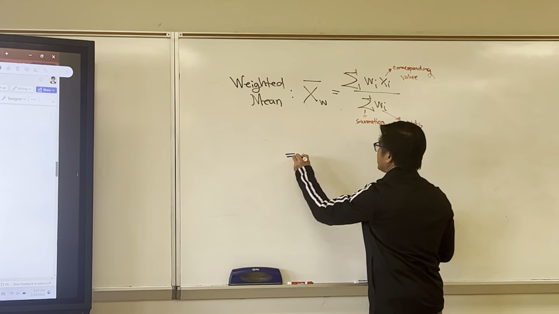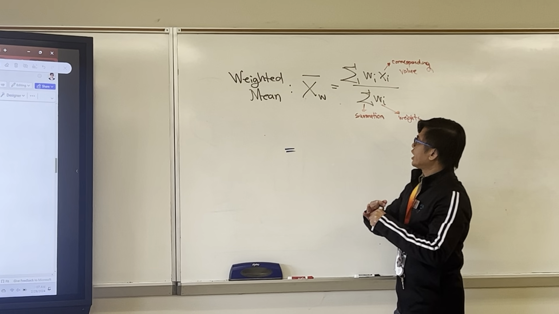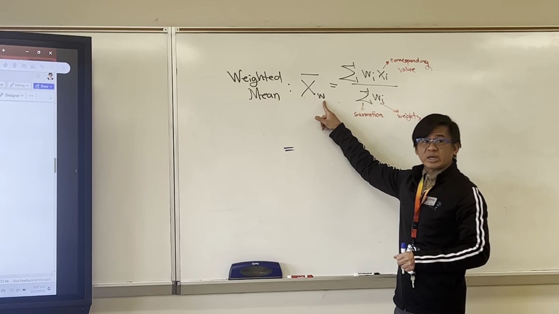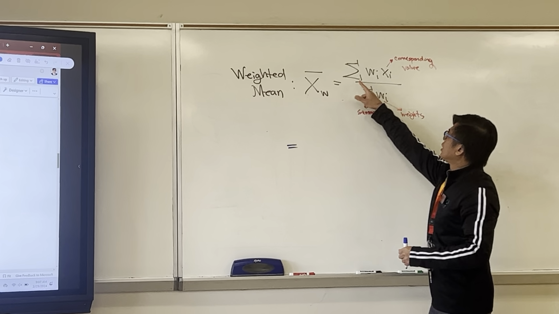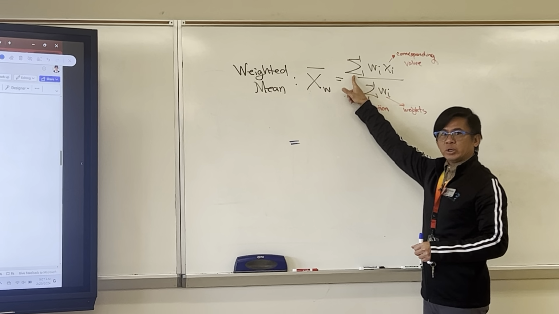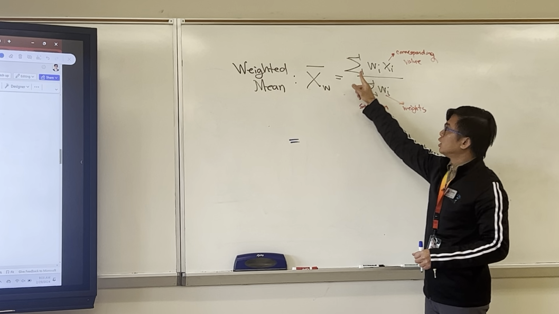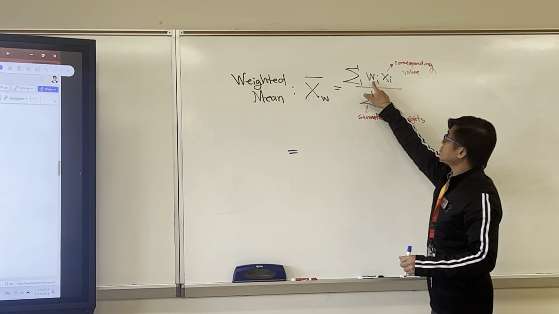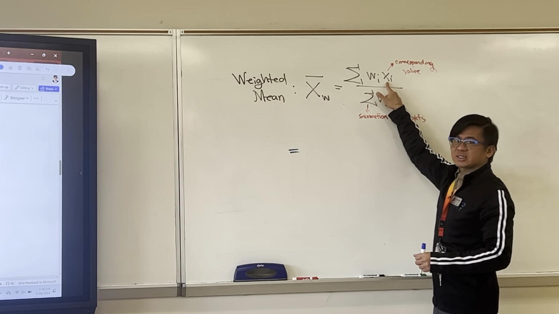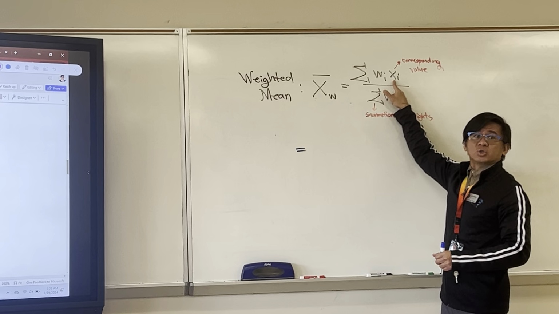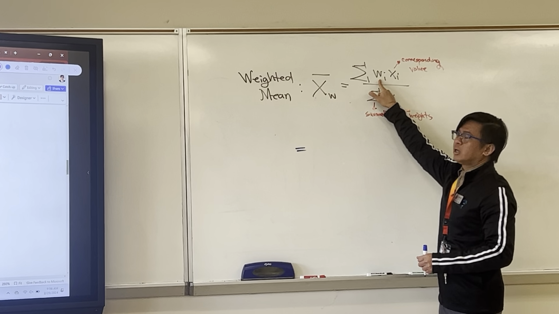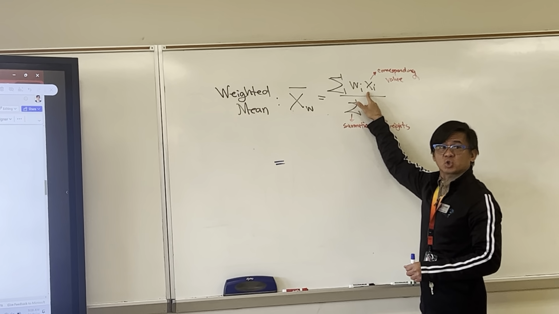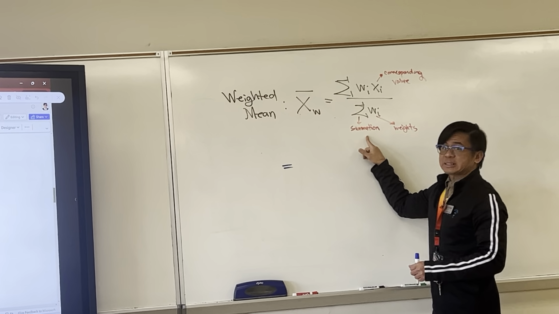So with that being said, we got the formula in here. X bar W, that's the mean, that's X bar. W means weighted, is equal to what? That sigma Greek letter notation means summation of what? The products, right? Between what? Each weight and its corresponding score. So again, the summation of the product of each weight and its corresponding score